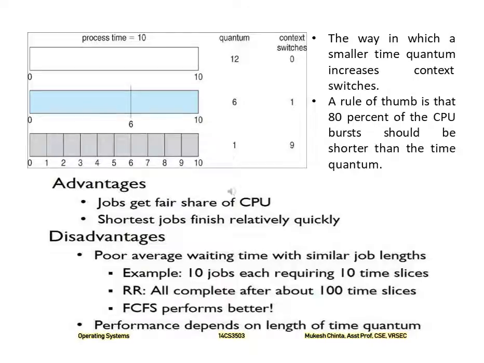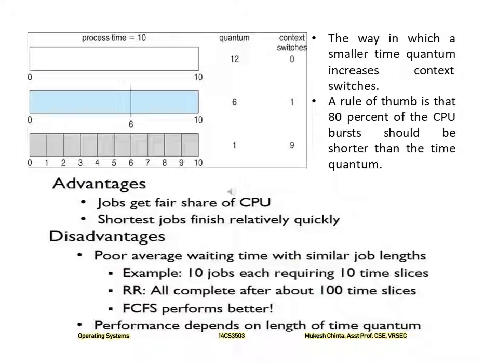Here, each process gets a small unit of CPU time, the time quantum, usually 10 to 100 milliseconds. After this time has elapsed, the process is preempted and added to the end of the ready queue. If there are n processes in the ready queue and the time quantum is q, then each process gets 1/n of the CPU time in chunks of at most q time units at once. No process waits more than